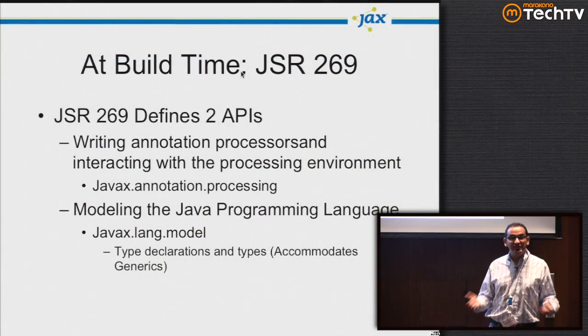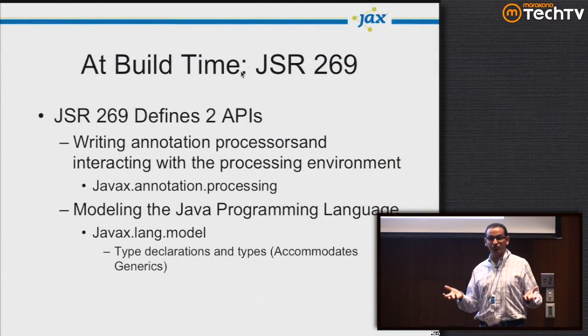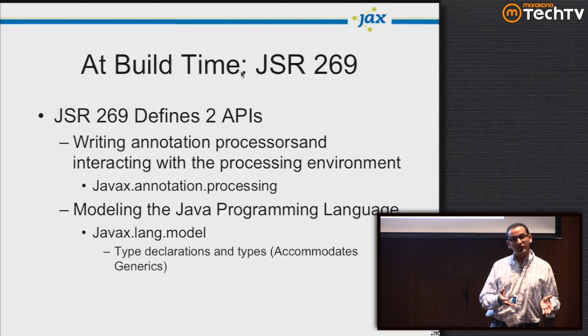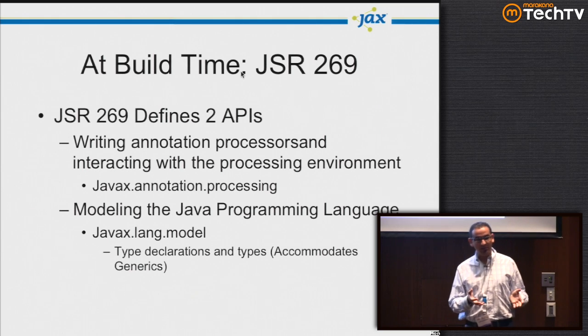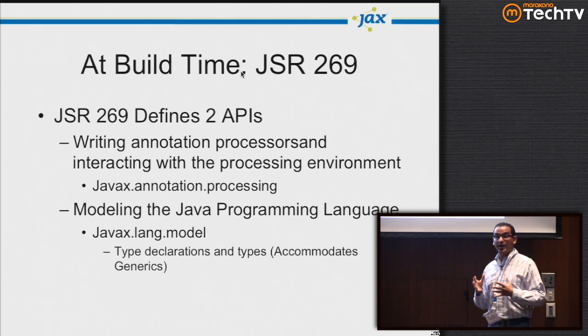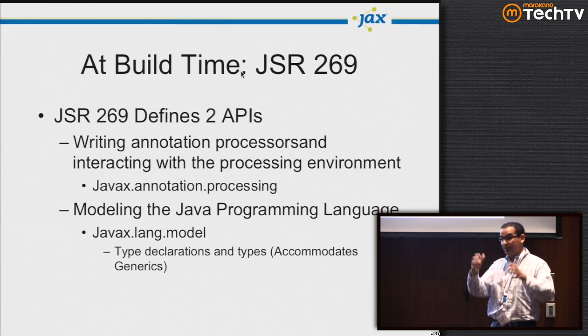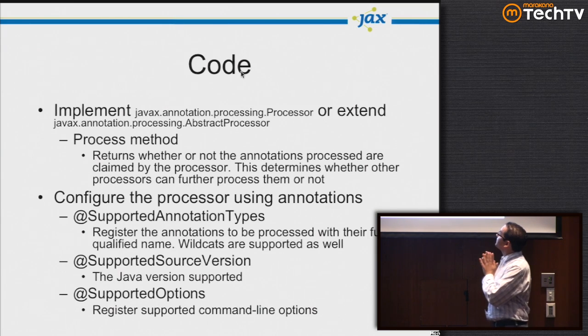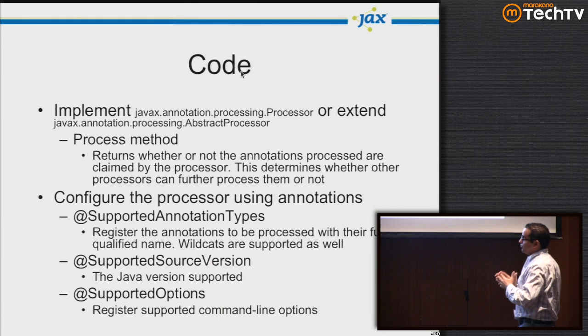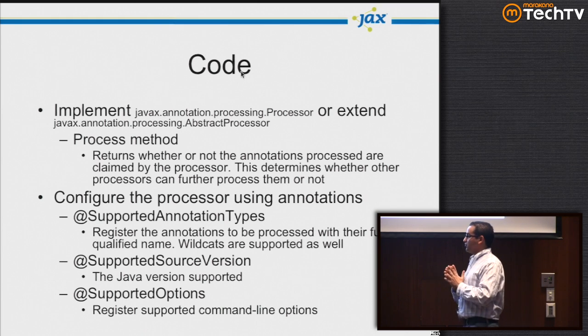We all know that one of the problems of generics in Java at runtime is type erasure. That means a list of integers or a list of strings is just a list for the JVM itself, for backwards compatibility reasons. The mirror API knows that this list is a list of strings, which is different from a list of integers. So if you were to do this in code, and I'll show you a very short example,